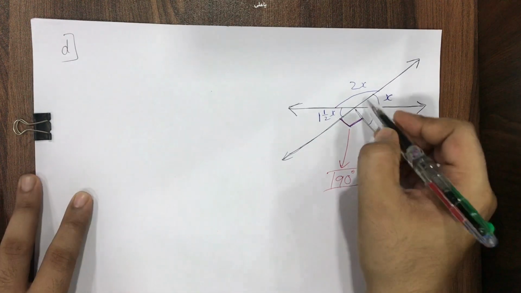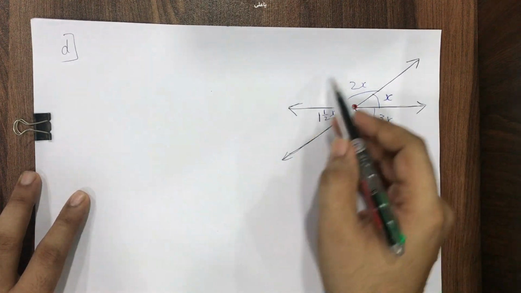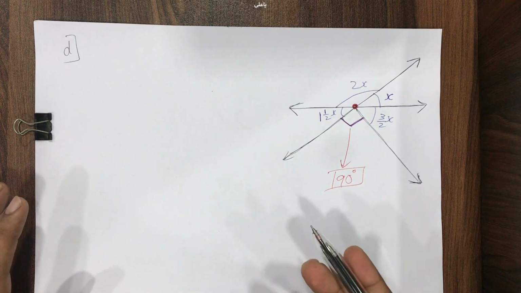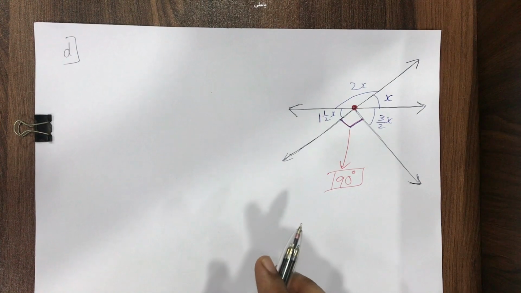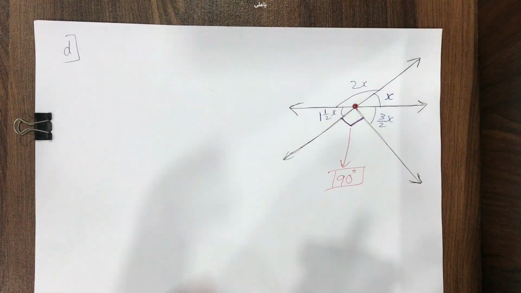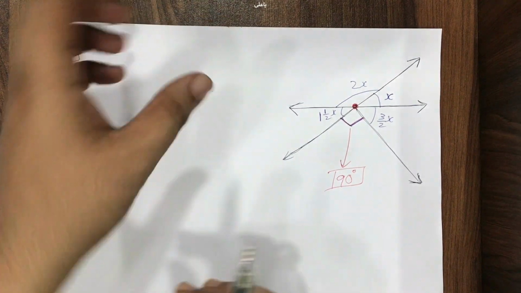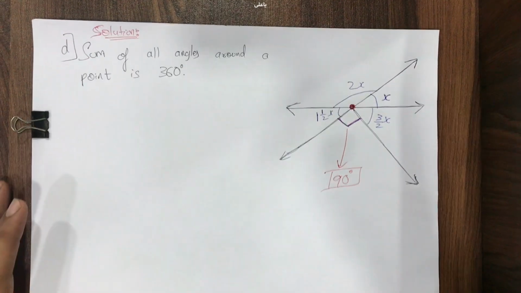Can I say students, I have a common vertex over here, a common point. Sum of all the angles around a point is equal to 360 degree. We already did. Can I write the reason? Yes, please start along with me. Draw the diagram first, and the diagram should be drawn at the center of the page. I don't have place. That's the reason I'm drawing on the right hand side. First, your diagram height should be minimum 5 to 6 lines, and it should be at the center of the page, and then just below it we should start with the solution.